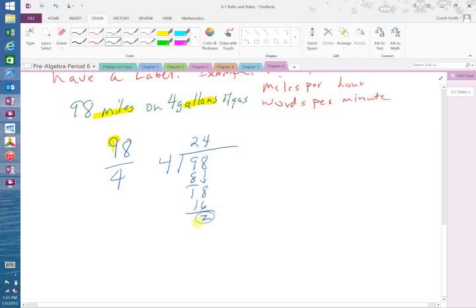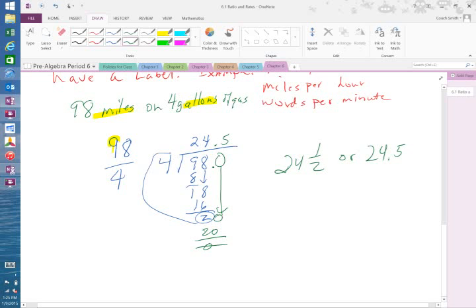Okay, take that 2 and put it over the 4. Okay, I can do it that way. Or I can continue it out and do this: put a point, add a 0, bring down the 0 and get 20. 4 goes into 20 5 times. That would be 20, remainder 0. So either 24 and 1/2 or 24.5, and my label is